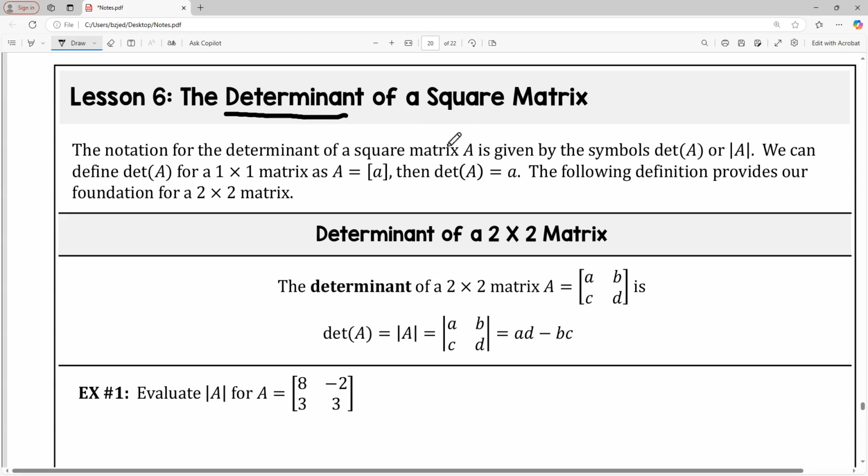The determinant only exists in what are known as square matrices. So what I mean by that is a matrix with the same number of rows and columns. So for example, a 1 by 1 matrix, a 2 by 2 matrix, a 3 by 3, a 4 by 4, a 10 by 10, a 20 by 20, and a 100 by 100, whatever. As long as they have the same number of rows and same number of columns,